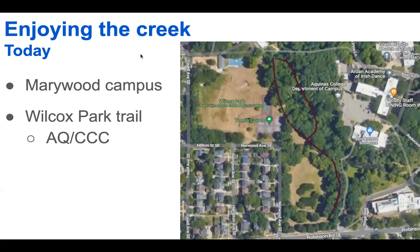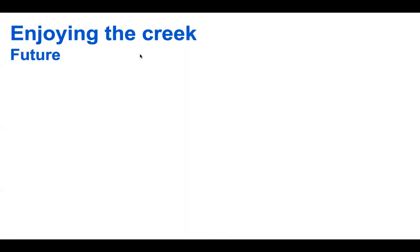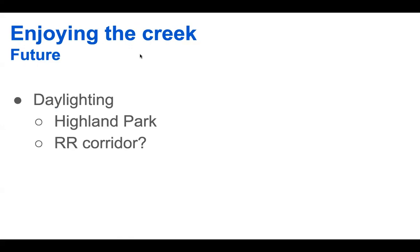So those are other ways you can be enjoying the creek today, but there's also enjoyment possible in the future. Some daylighting opportunities. Daylighting is when you take part of the culverted creek and expose it to the daylight again. There was a report put out called the City of GR Stream Daylighting Opportunities Assessment that the city put together. This was in 2015. They suggested not many places on Coldbrook Creek, but one spot they did mention was in Highland Park, a couple of 100 feet that could be east of where the creek is exposed now. It's probably the same area that they culverted back in '64 due to that health outbreak that Mary talked about,